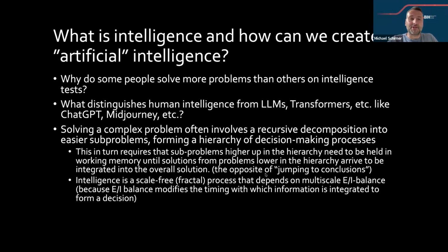And put this way, intelligence can be understood as a scale-free fractal process that depends on multiscale excitation inhibition balance, because excitation inhibition balance modifies the timing with which information is integrated to form a decision. So this is now very deep already into the theory we are about to learn, which we'll cover now. This took the gist away, but of course you didn't understand it now, but we will now work towards this